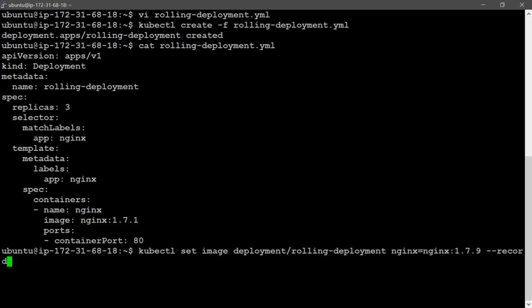You can see in the previous command I installed the nginx 1.7.1 image, and here I am going to change the version of the nginx image. For this: kubectl set image deployment/rolling-deployment nginx=nginx:1.7.9 --record. This --record flag records information about the updates so that it can be rolled back later. I will run this command,